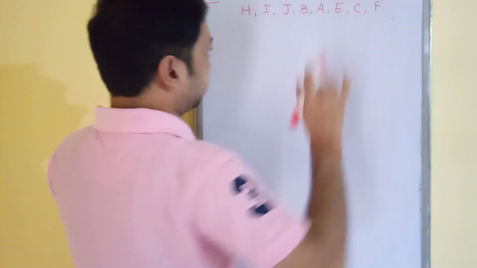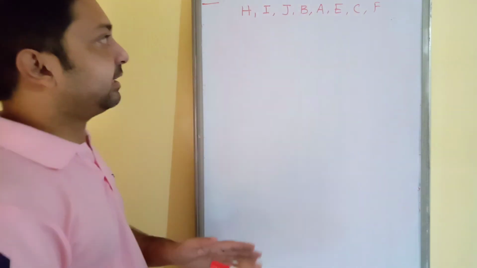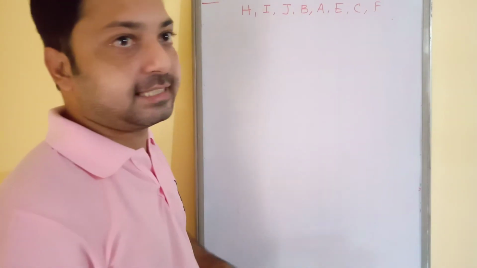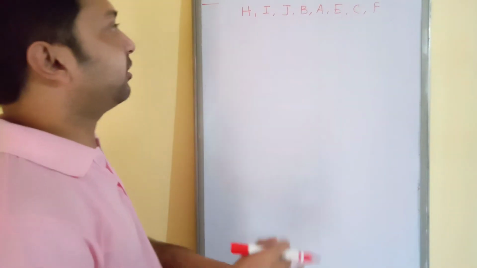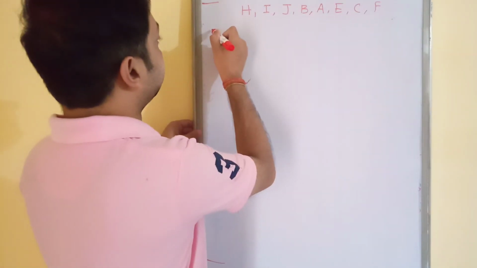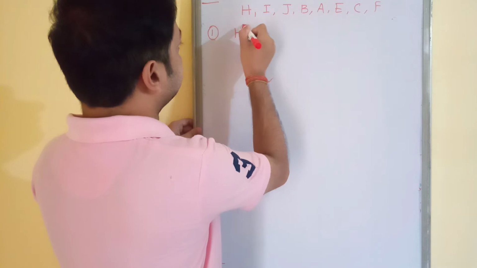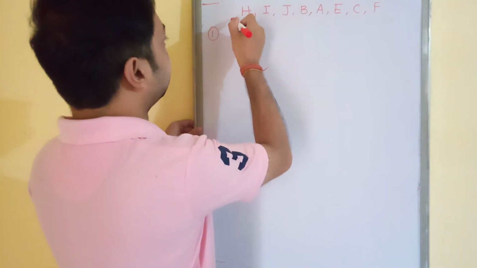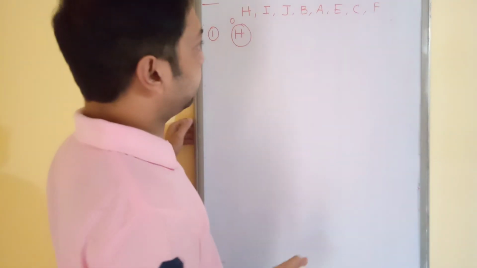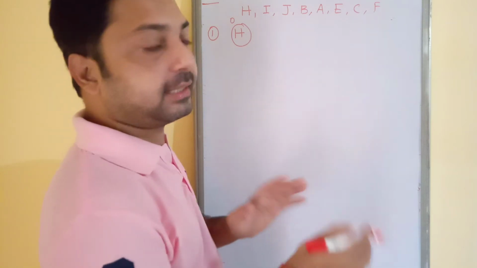AECF. Let us do. So in this case we need to know that A is the smallest one and Z is the largest one. Accordingly you need to find out the element. So in step 1 you can just see a single node is there, that is H. So what is the valence factor? 0. So it is already balanced, so no need to apply rotation.